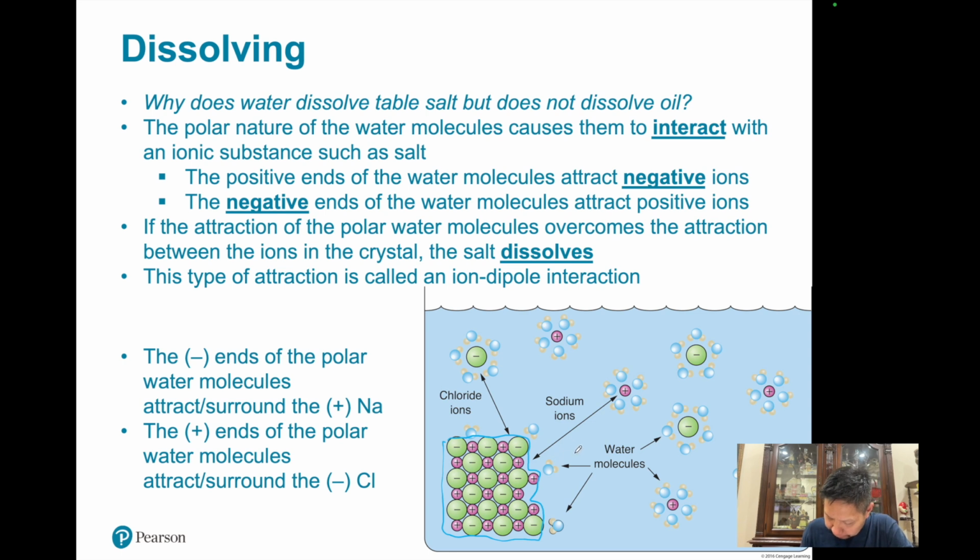Water molecules will come over, right? And the positive side of the water molecule, which is the hydrogens right there, they're attracted to the negative chlorines, which kind of makes sense, right? Because opposites attract. And so what they'll do is they'll pick that chlorine or chloride off of the crystal, and surround it so that its positive sides are pointed towards the chlorine,